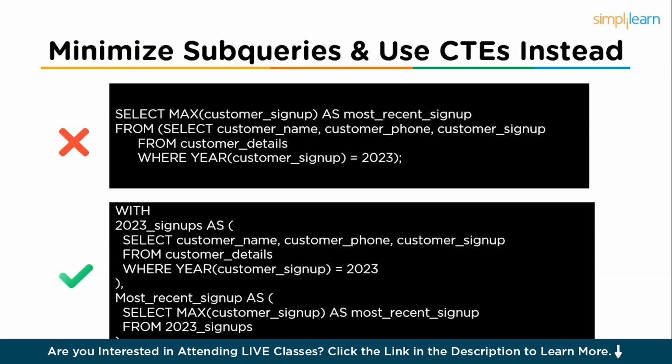Why is this query much better and more optimized? Because as you can see, it is much easier to read. Each section is clearly labeled, making it simple to follow. Also, it has better debugging. You can run individual CTEs separately to test logic. It has improved maintainability, so anyone reviewing your code can quickly understand what's happening without digging through nested subqueries. So if your query looks overwhelming, consider breaking it down with CTEs, because clean code will give you faster queries